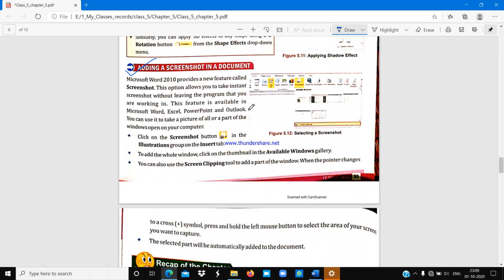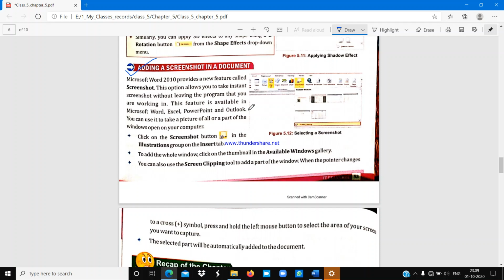This feature is available in Microsoft Word, Excel, PowerPoint and Outlook. So as you know, Microsoft is the complete package of these different software like Microsoft Word, Microsoft Excel, Microsoft PowerPoint and Microsoft Outlook. Okay, so this feature is present in all those software.